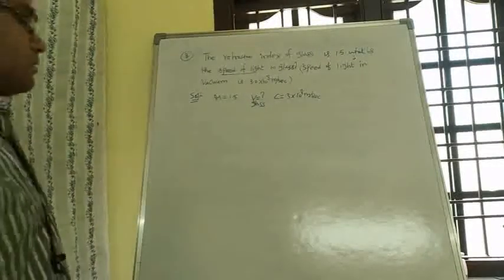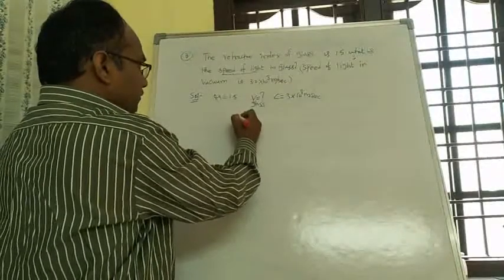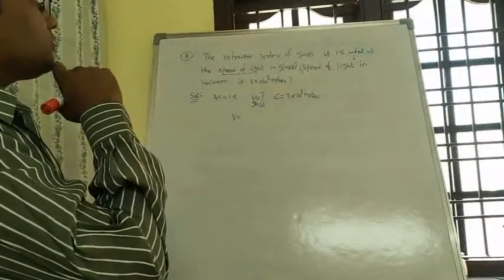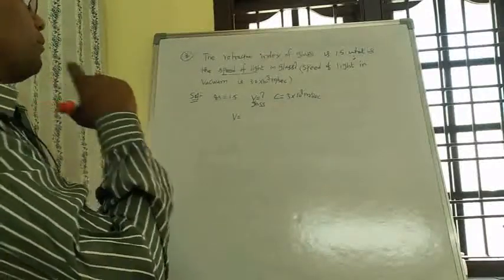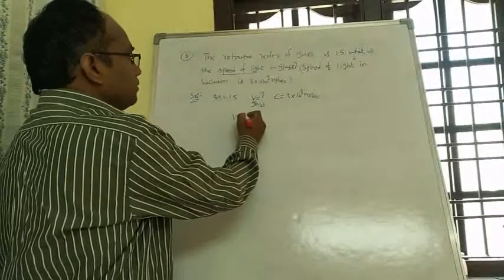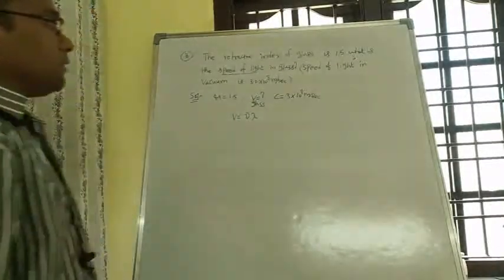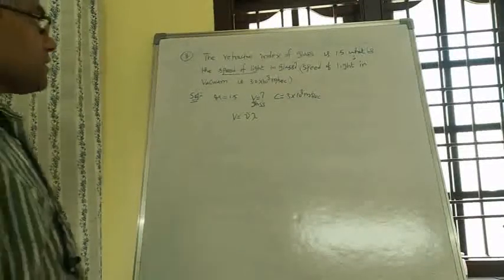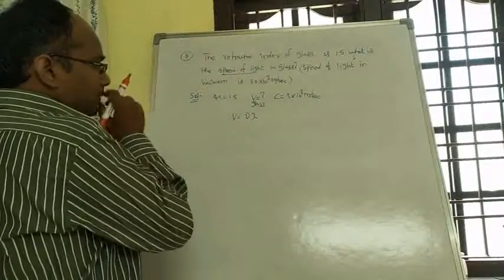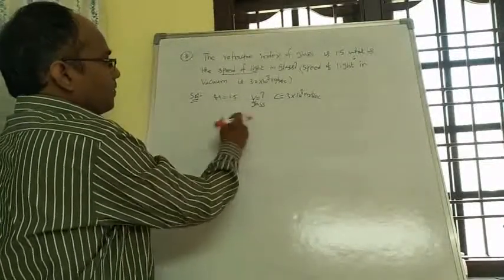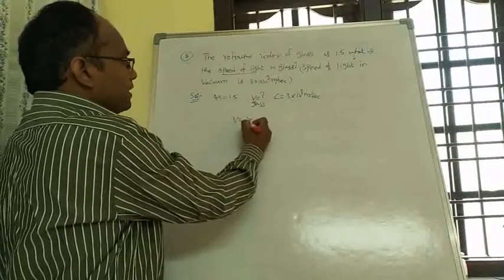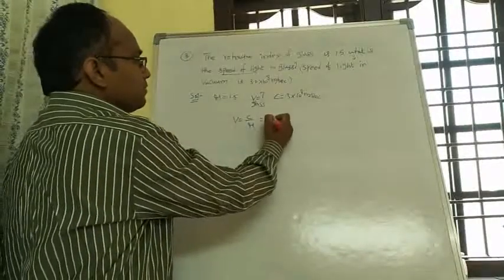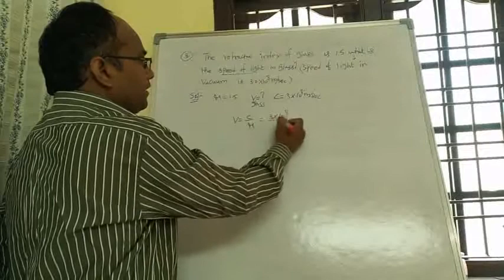So what is the formula we have to write? V is equal to, here the refractive index of the glass is 1.5. So V is equal to nu lambda. In other words, what is the relation? We can write V is equal to C by n. This is the relation. So C is nothing but 3 into 10 to the power of 8 divided by n,